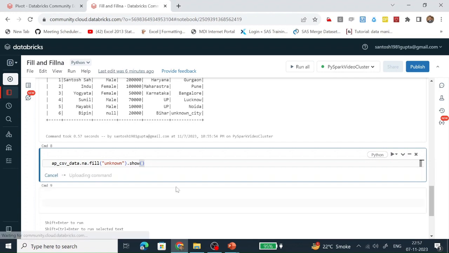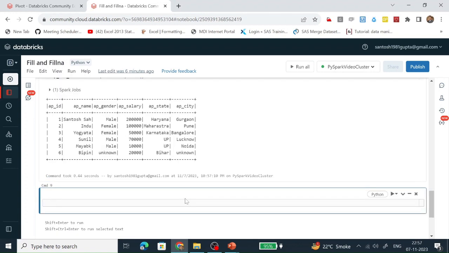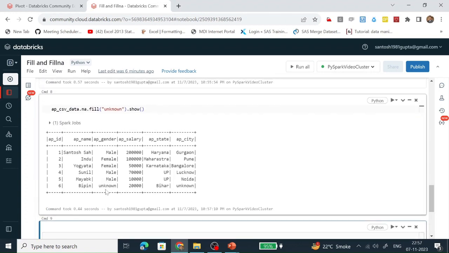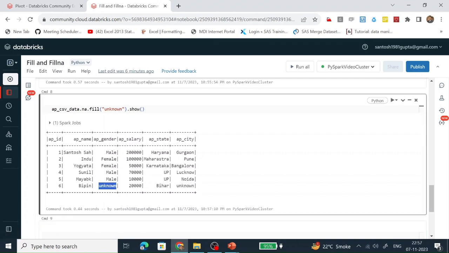Let's see how it works. We can see there were null values here and here. They are populated with unknown because we are not defining any column. So we have seen how the fill function works.